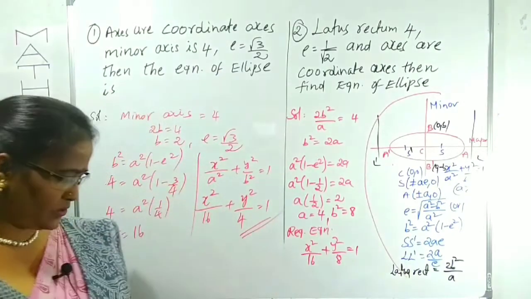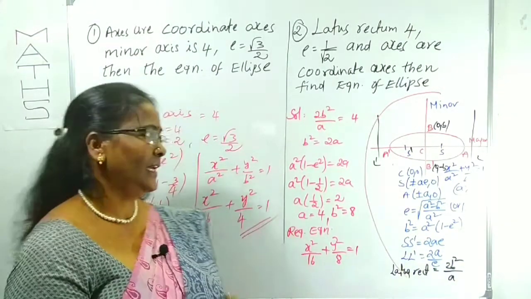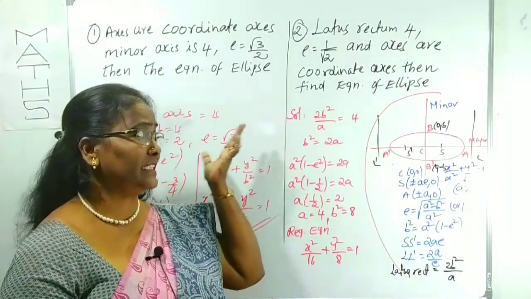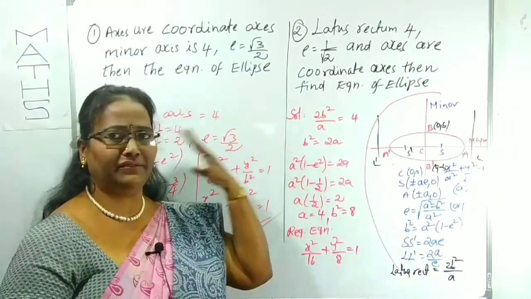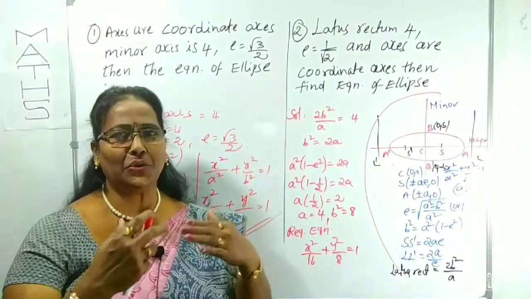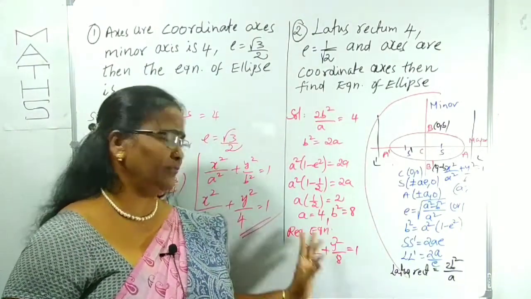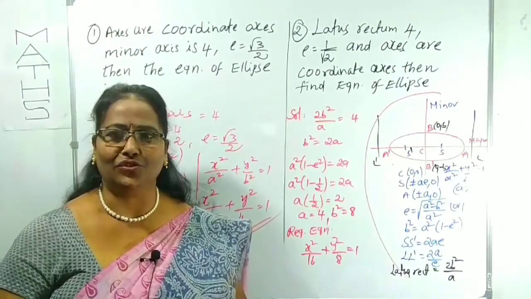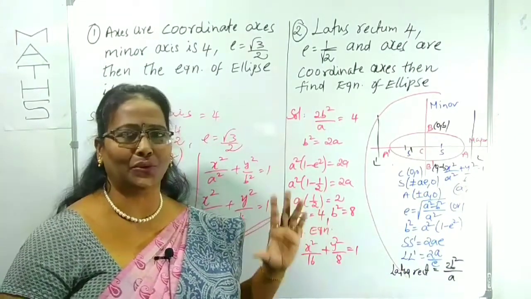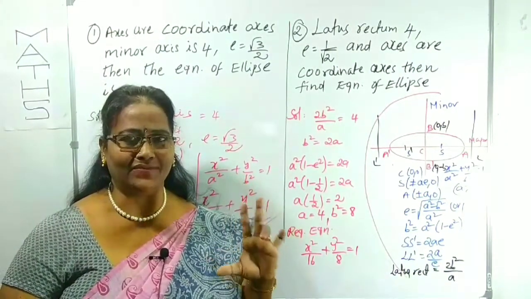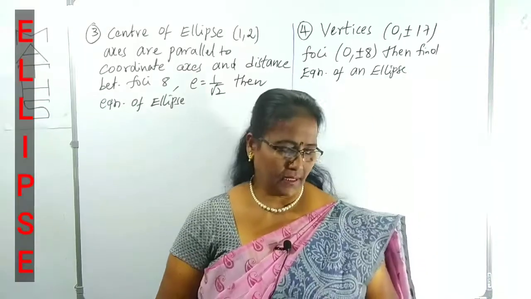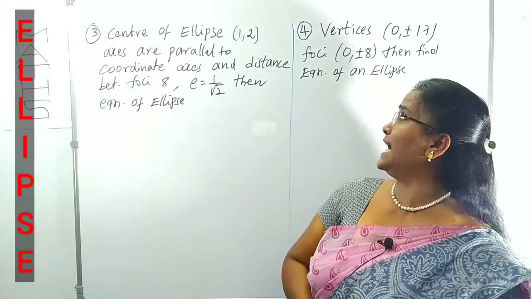That's it. To find the equations of ellipses, if different types of content are given, you have to know what those formulas are first of all. Then we can crack the solution easily. Thus we have to know the tips and tricks first of all. Clear? Yes, look at question number 3 and 4.